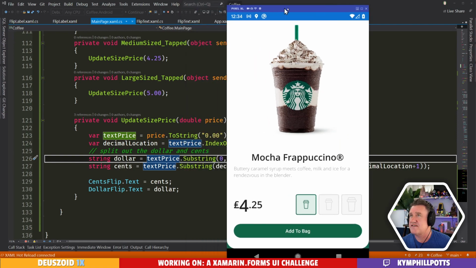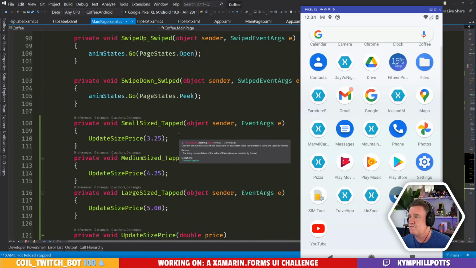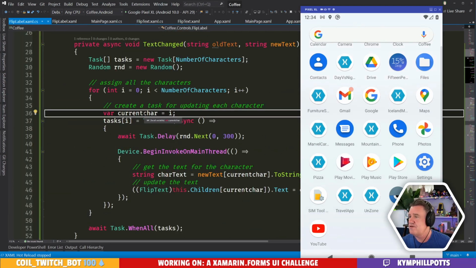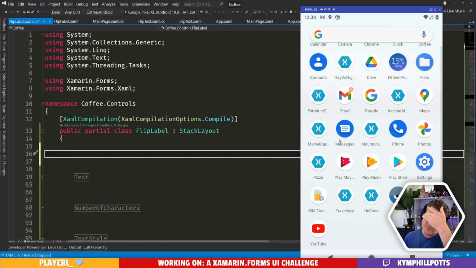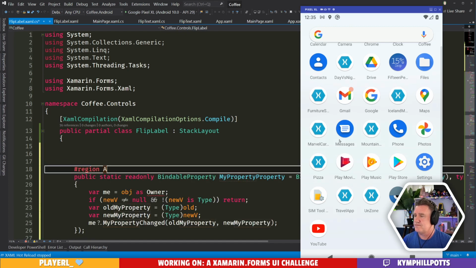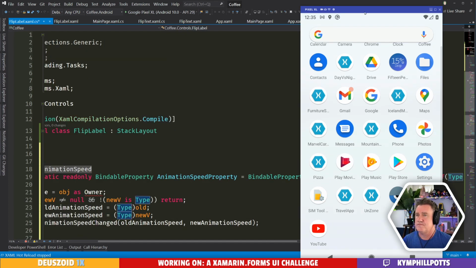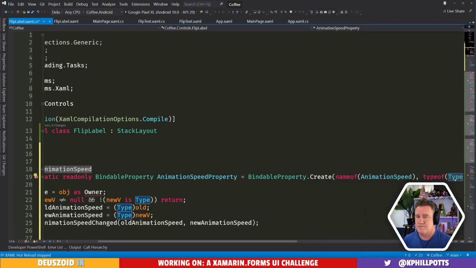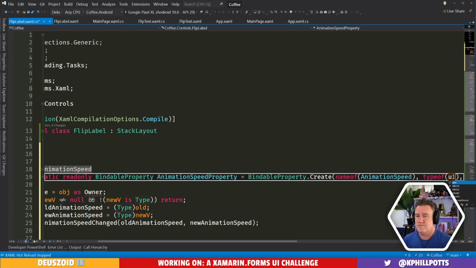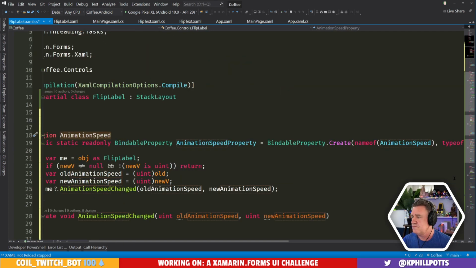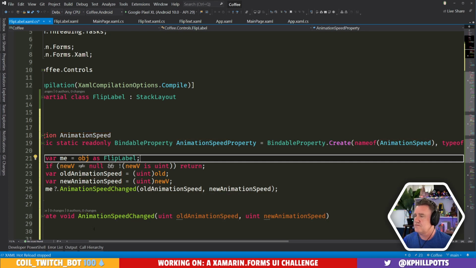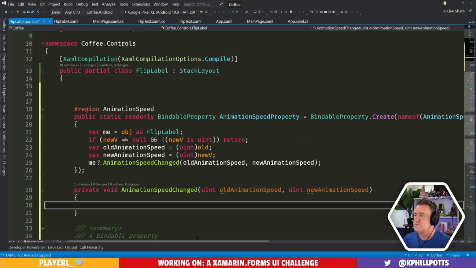I could do with a little bit faster animation speed. So just before we finish up, let's add in an animation speed here. And then go and pass this down to all the children.